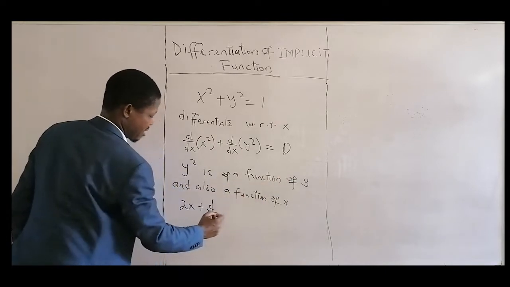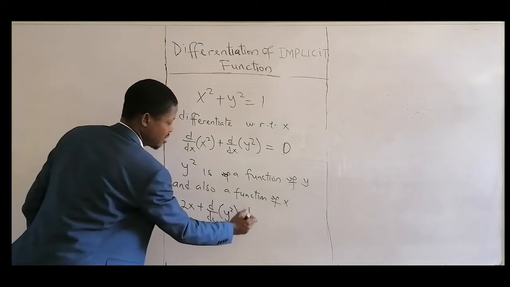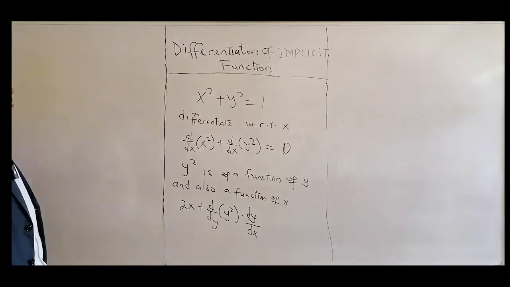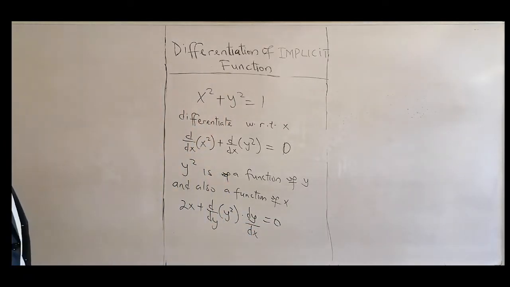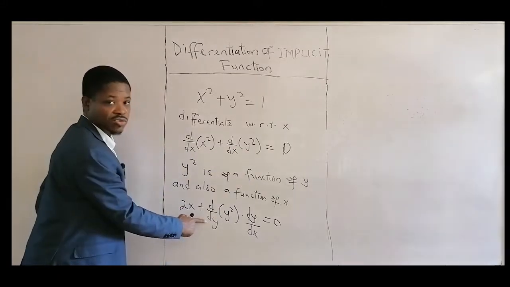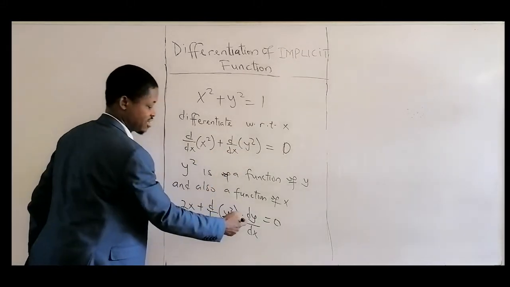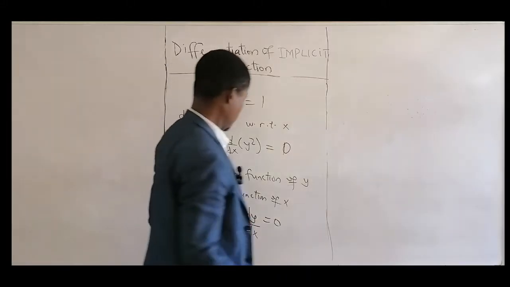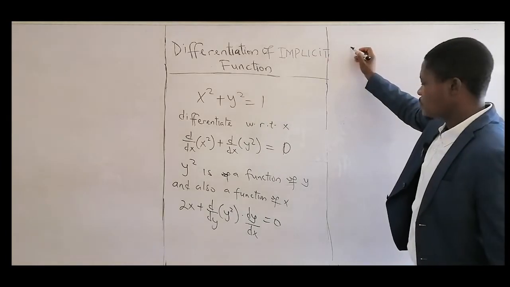It's a function of y, okay? d/dy of y squared. Okay, then next thing, let's differentiate with respect to x, and equal to 0. So that's how to do that. y squared is a function of y, so that means with respect to y, and at the same time, it's a function of x. Differentiate with respect to x. Differentiate the y with respect to x. Okay? So that's that, and that will give me